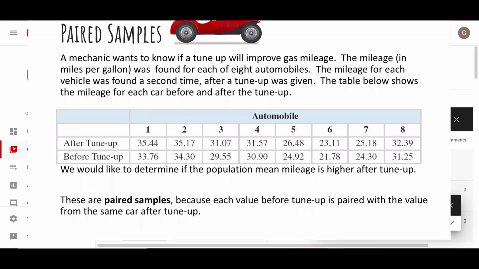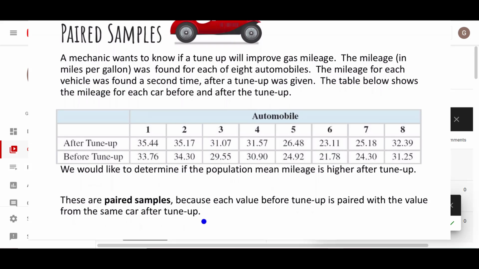One for the first sample, one for the second. So you see we have gas mileage before tune-up and then gas mileage after tune-up. And so they're paired for each car. Right? So these are paired samples because each value before tune-up is paired with a value from the